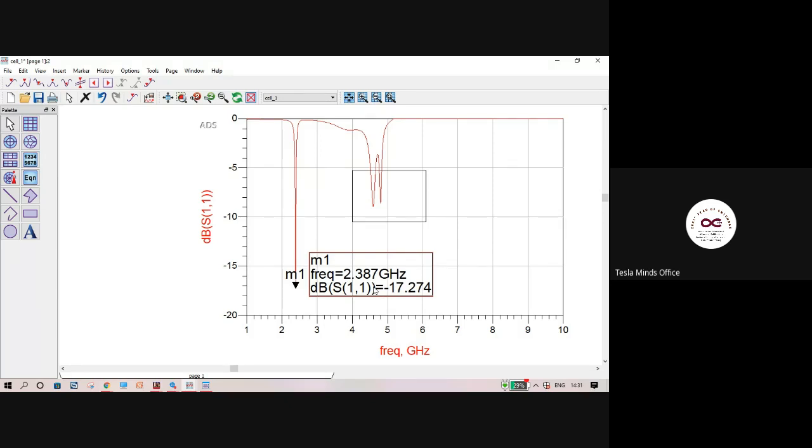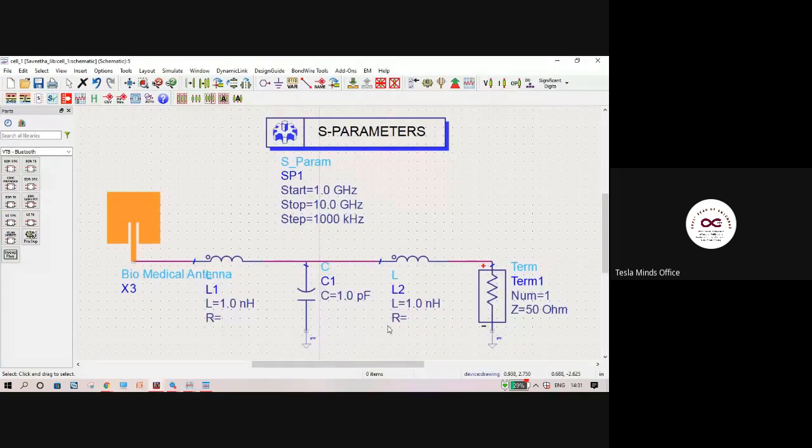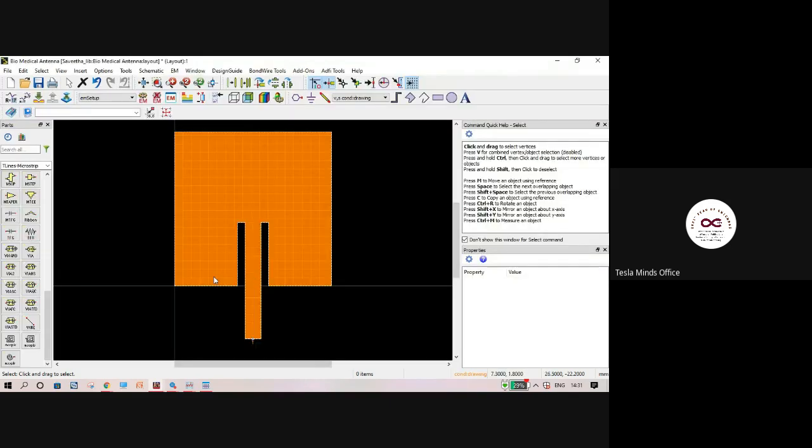But the other challenge that has come up now is the response has decreased. Right? So it has gone down to minus 17. Now what we have to do is again do the impedance matching and bring that back to minus 20 or minus 30. Or else you can change the orientation of these LC components and mix and match that into the impedance match. Right. This step was not needed. Just showing you how to use the course simulation aspect.